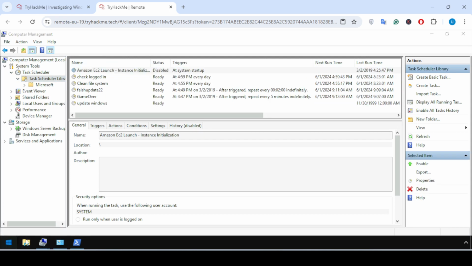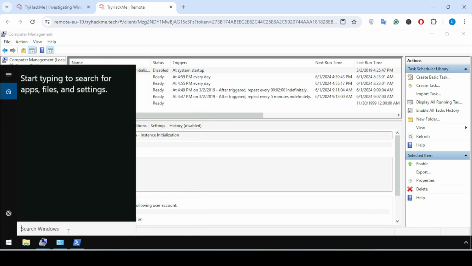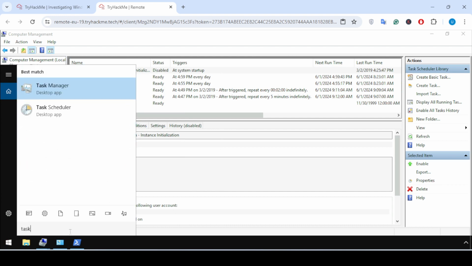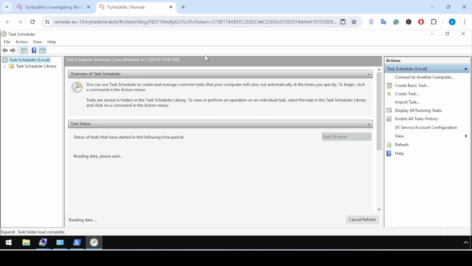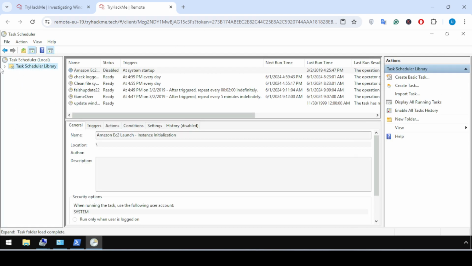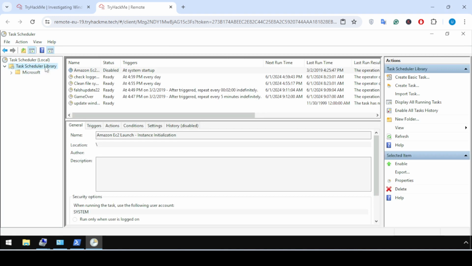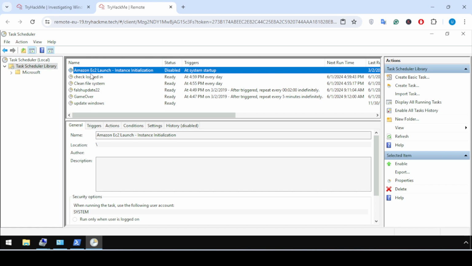You can individually open the Task Scheduler window. Simply go to the search and type task scheduler, this is the separate window you can also open. If I expand this, different tasks are present in the Task Scheduler Library, like Amazon EC2 Launch, Check Logged In.